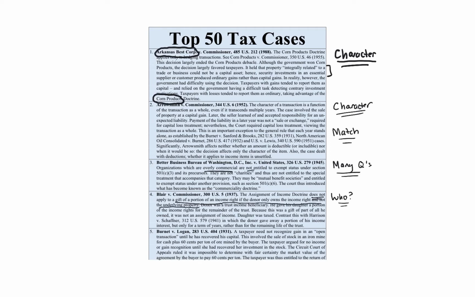So what we're saying is what happens if the son that received the fruit, the tree, I'm sorry, the fruit, the coupons, what happens if the son later gifts that fruit to another party? So basically there's two levels. You have the father that owns the tree, the son owned the fruit, and now it's being transferred to another owner. Well, in that case, we're not going to impute it back to the father. We're just going to say, nope, it's not going to apply. The person now that owns the fruit, they're going to be subject to tax. That's the idea. So it's kind of an exception to the general rules of the fruit and tree doctrine.